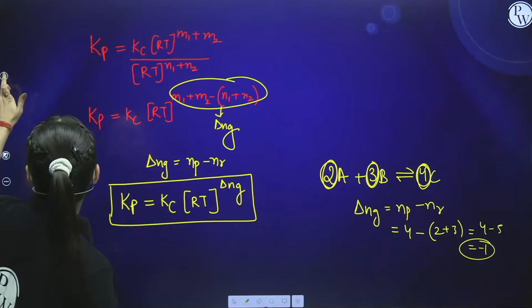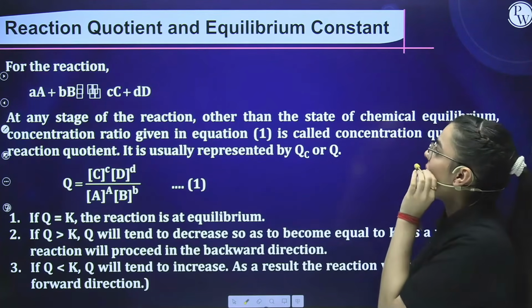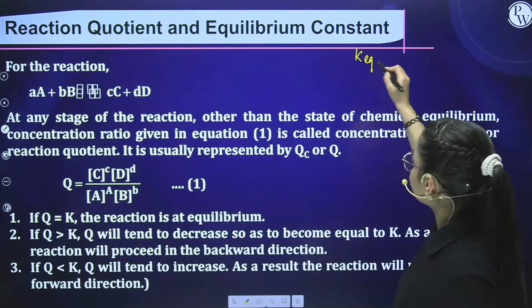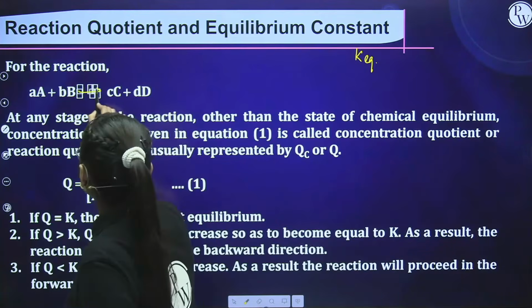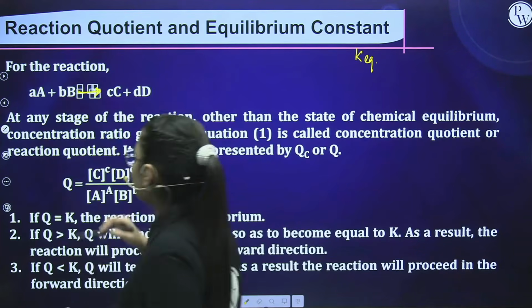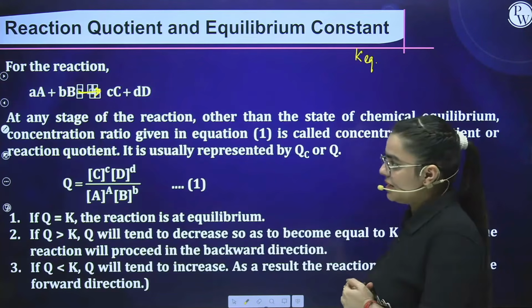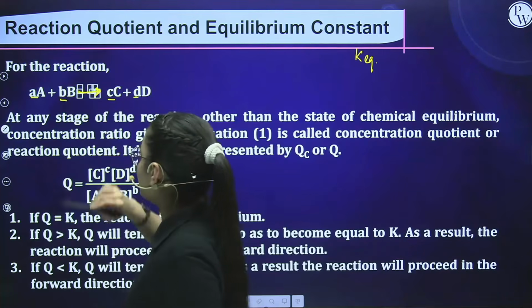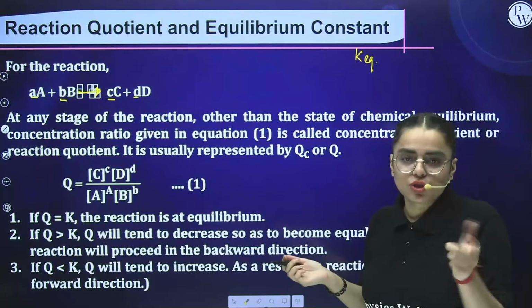Okay, students, now moving towards our next segment, that is reaction quotient and equilibrium constant. We have already seen equilibrium constant. Now arises reaction quotient. Kindly put an arrow over here. Sorry for this. Arrow will come over here. Now for a general reaction, aA plus bB gives cC plus dD. Here, students, small a, small b, small c, small d are referred to as the stoichiometry, the numbers which we use, right?